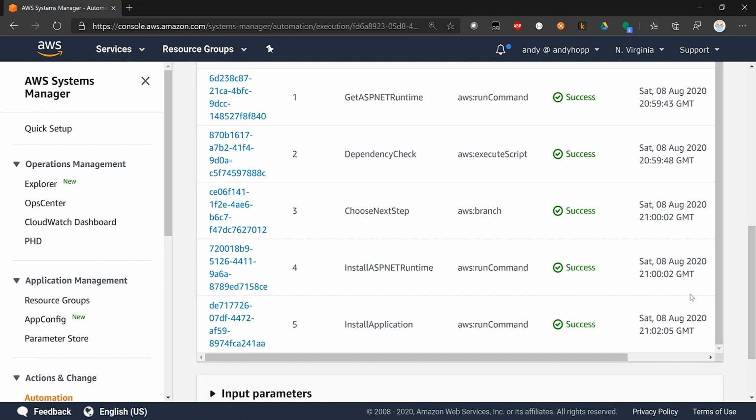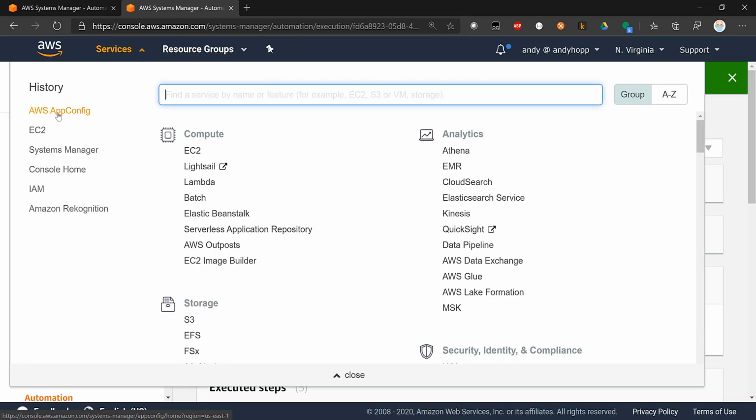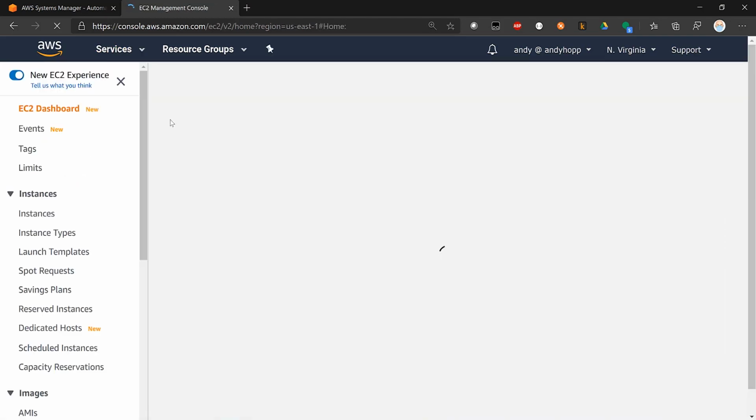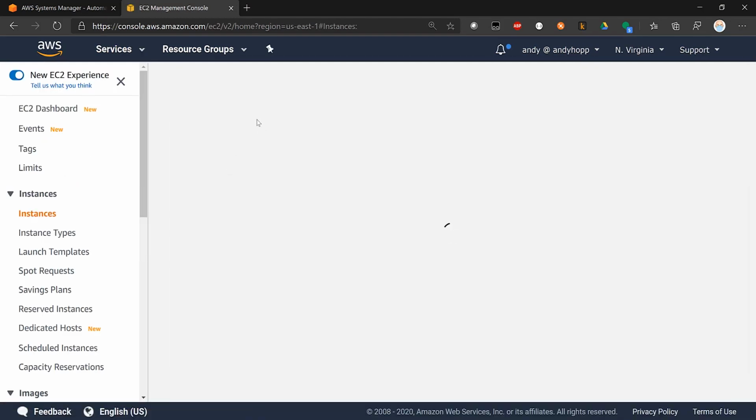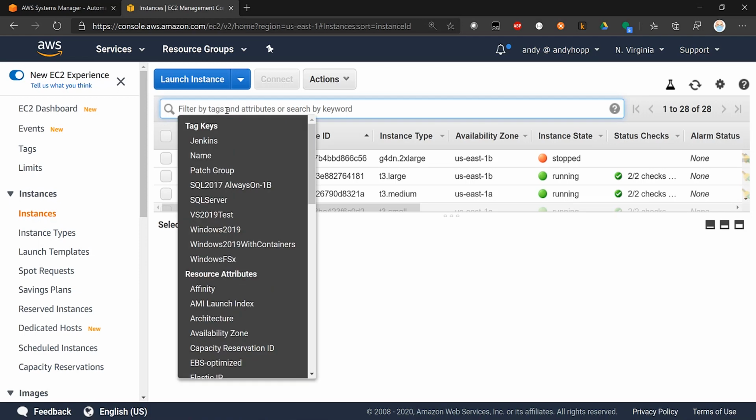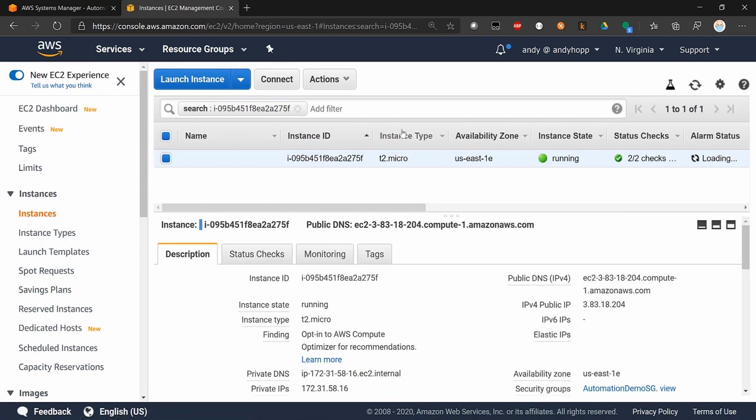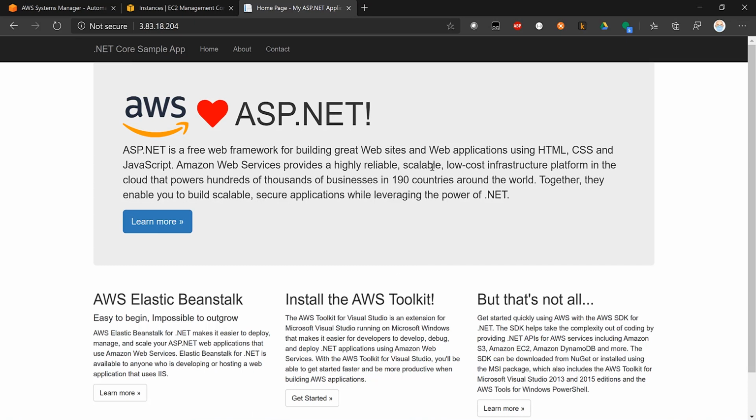All right, so our application has successfully installed on the machine. So let's actually go and verify for ourselves that the web application is up and running on the box. So let's navigate to EC2, and we'll look at our running instances. We'll paste our instance ID into the field here. And we've got the IPv4 public IP. We'll copy that to the clipboard, and we'll navigate to that page. And what-ho, we have our ASP.NET application up and running on the machine without any involvement from a human being